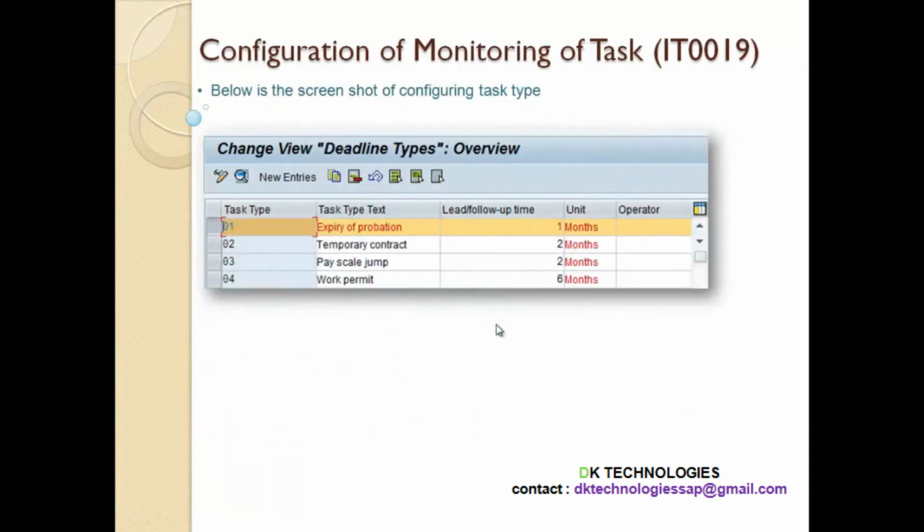So when you go into the configuration, you can basically create the task type, and also you can put up a follow-up time or lead time, like when should I be reminded, like either it is 1 month before the actual task or after 2 months. So that you can configure in the monitoring of tasks in the configuration.